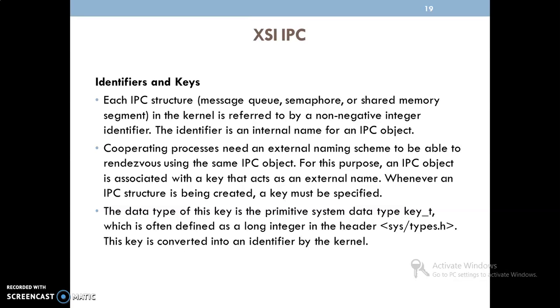Then XSI IPC is nothing but message queues, semaphores and shared memory, which we can call XSI IPC here. They maintain one unique structure. It is referred to by a non-negative integer, which I can call an identifier. The identifier is the internal name for the IPC object. The cooperating processes need an external naming scheme to be able to use the same IPC object. For this purpose, an IPC object is associated with a key that acts as an external name. Whenever the IPC structure is being created, a key must be